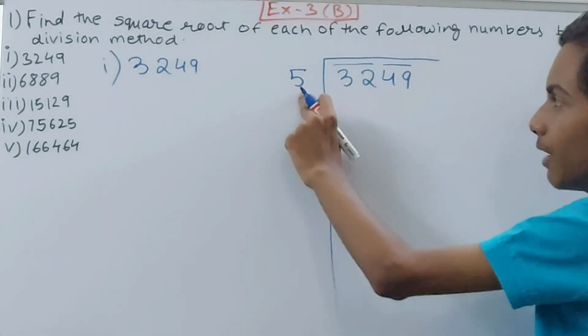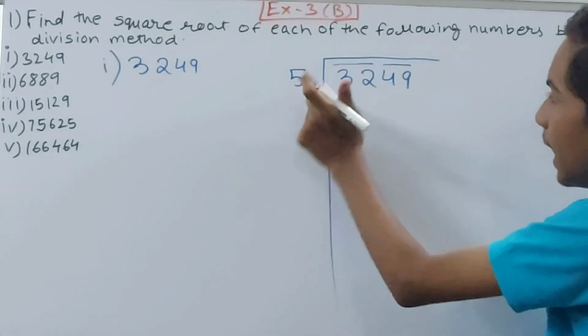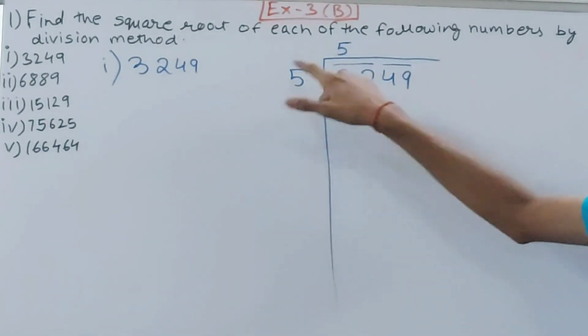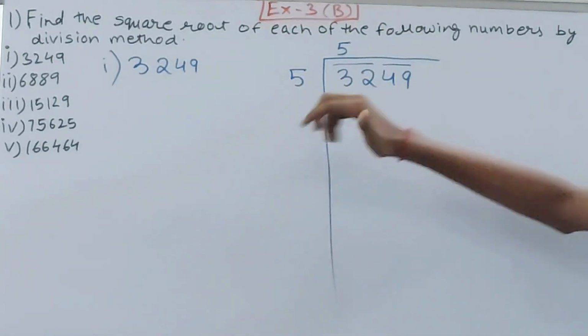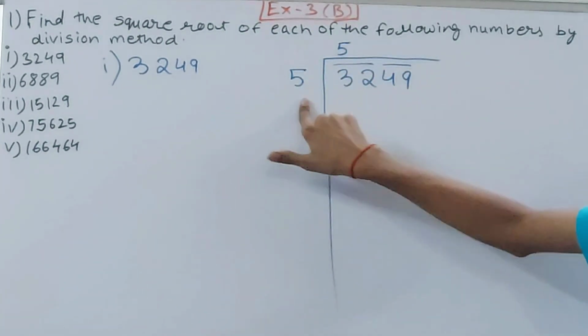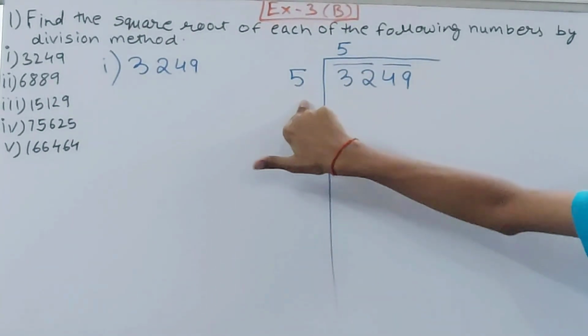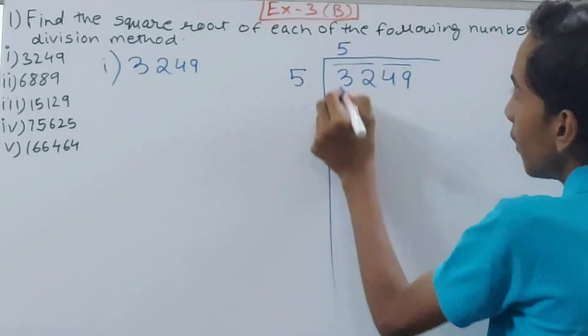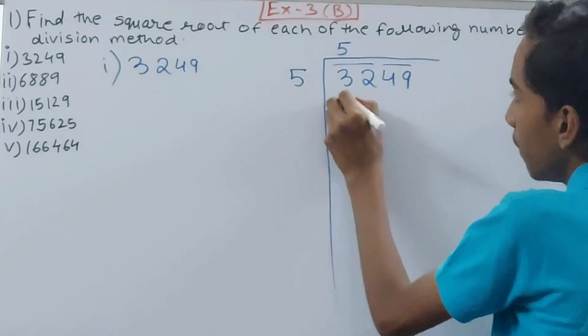I have taken 5 here, and the same thing I will write here. 5 here also and 5 here, 5 above and 5 on the side as well. Now you will multiply this 5 and this 5, these two numbers. So see over here, 5 into 5 becomes 25,